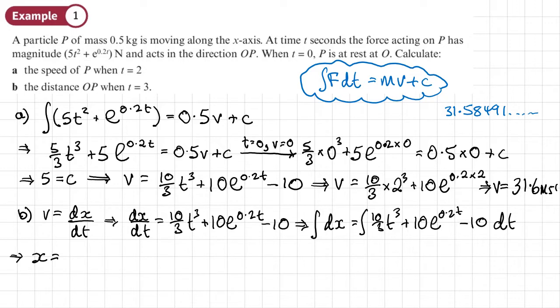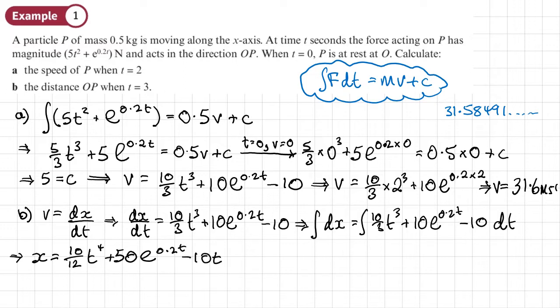Then we'll move to the other side. So what we'll have here is 10 over 3 divided by 4, so that becomes 10 over 12 t to the power 4. For this term here, we're going to have to do 10 divided by 0.2, and that is 50. So we'll have plus 50 e to the 0.2t, then the minus 10 will just become minus 10t,